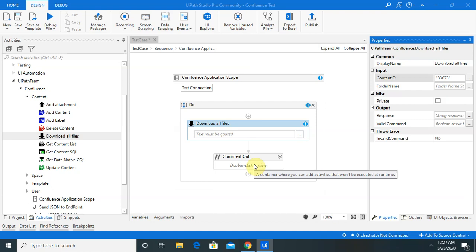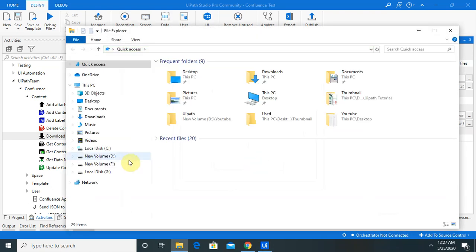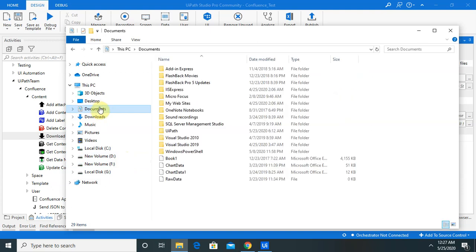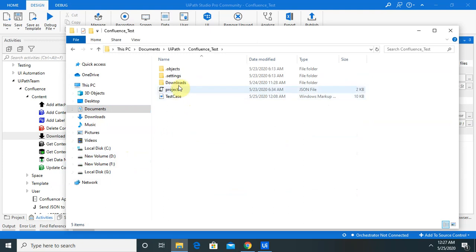Let me copy the path of the folder and paste it here. My project is available in this path. Let me create a folder here, Confluence test is my folder name.